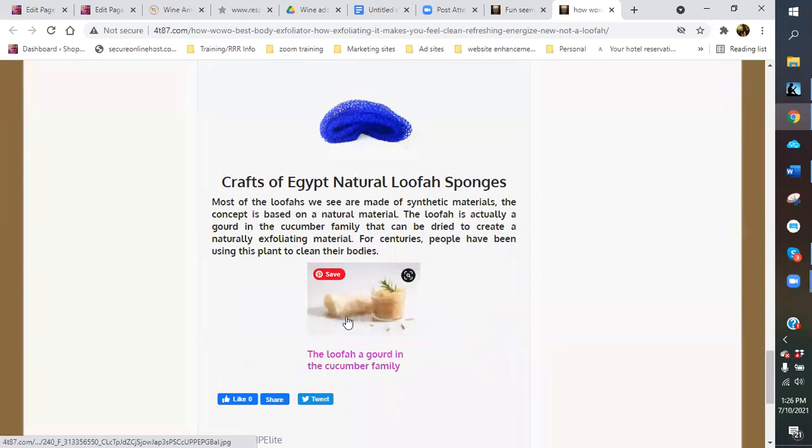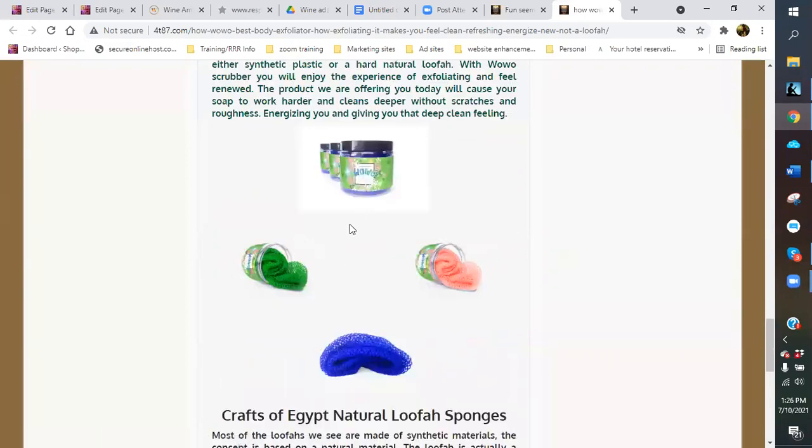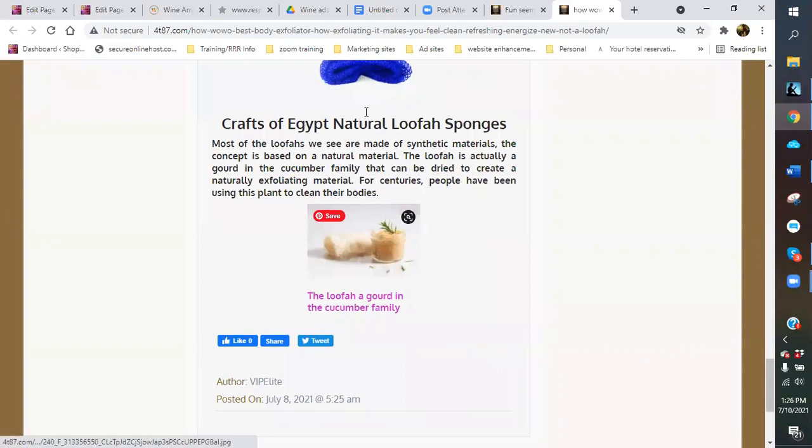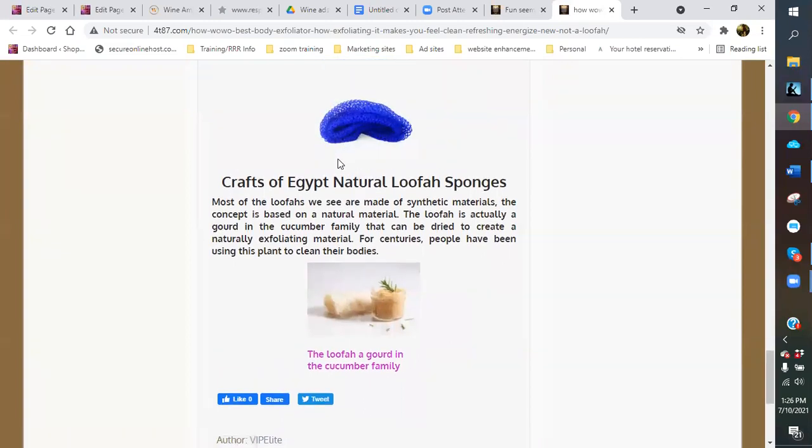Especially if you have this one. I would actually probably take this out since you have a similar picture up front and move this one up here and make it more of a focal point. Okay. Yeah.